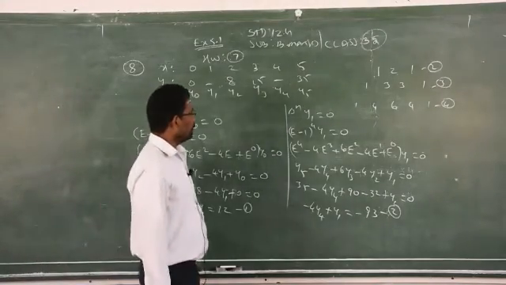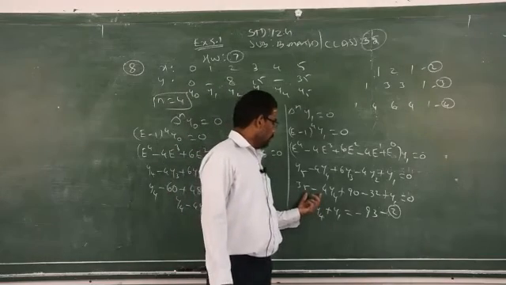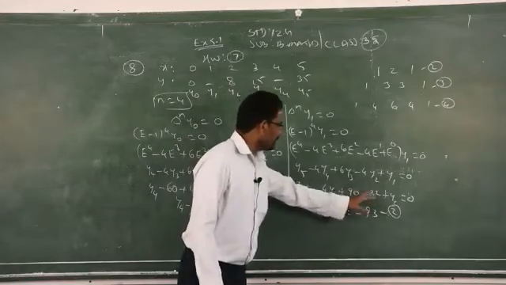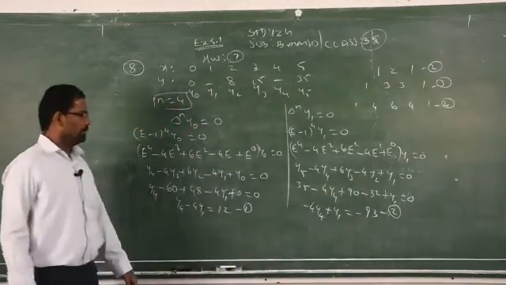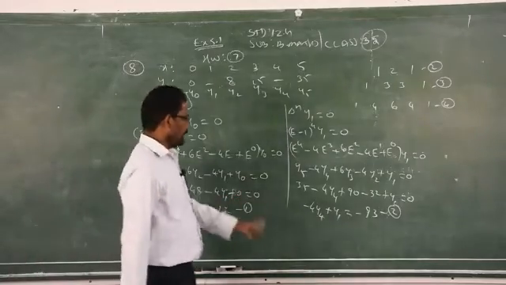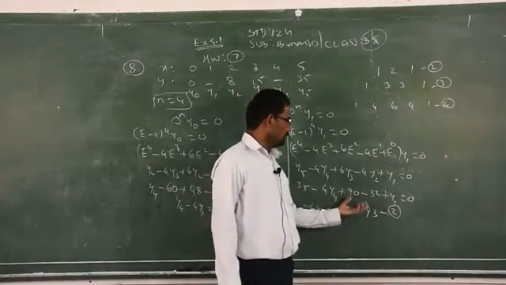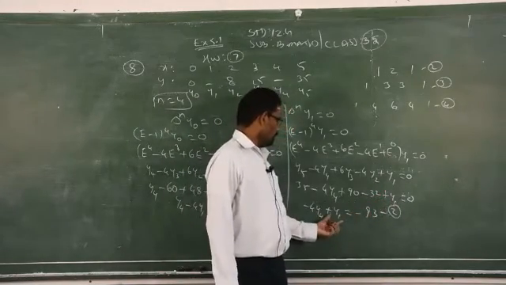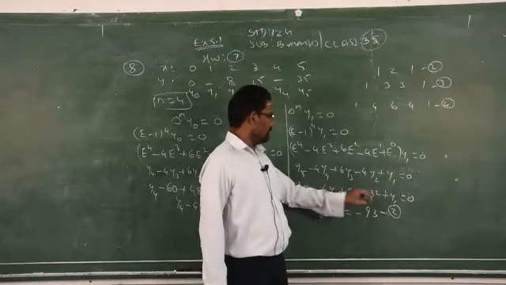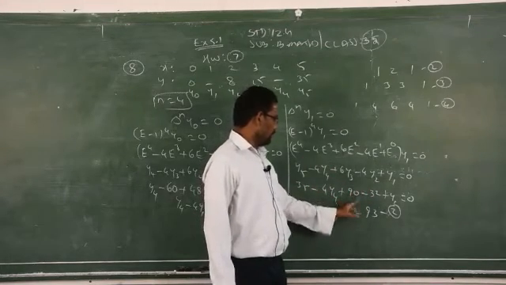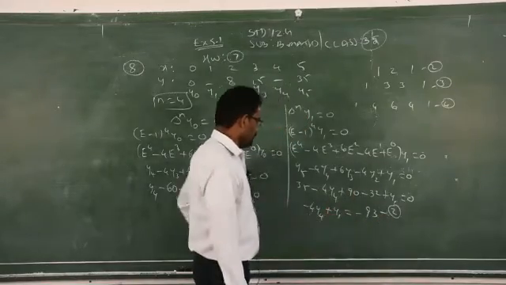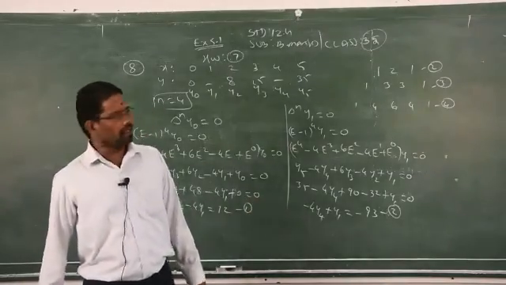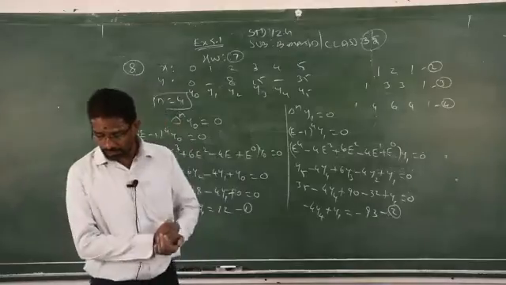I told you already, check your calculations with the help of the calculator. Don't simply copy from the board. Sometimes I deliberately make mistakes. So be careful and do the calculation by using the calculators. So minus 4y4 plus y1, then 35 minus 32 is 3. 3 plus 90, 93, plus will become minus. Equation number 2.